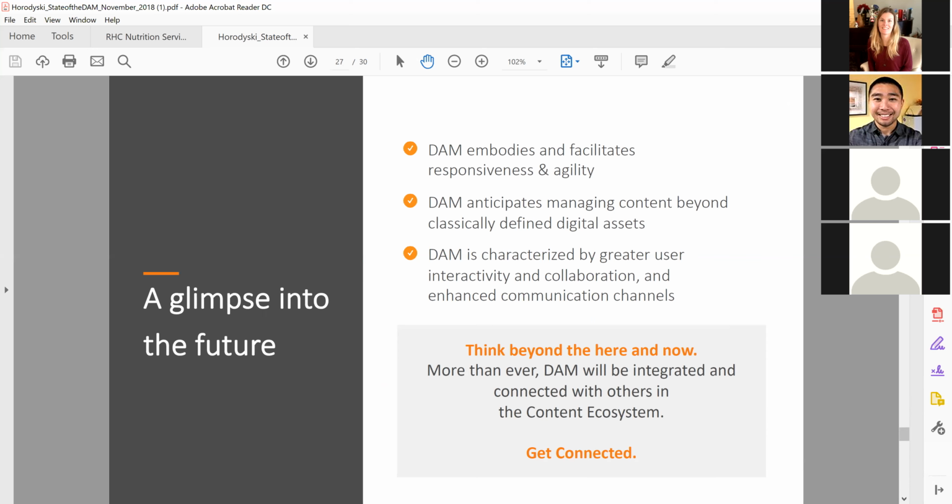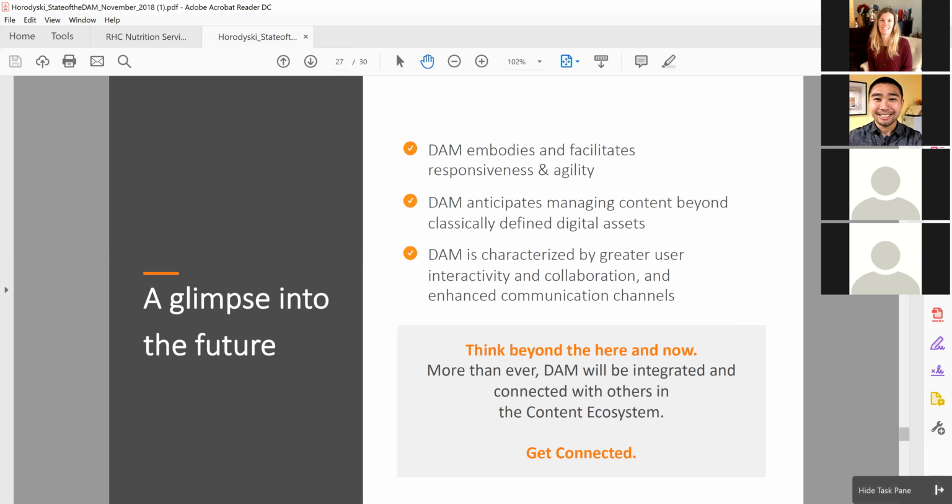Now, more than ever, DAM is a part of that ecosystem, so my wish to people considering digital asset management is to think beyond that and be within the ecosystem itself, but also ensure that the DAM is connected within those other parts of it, whether it's the web systems or archival systems. Make sure DAM is a part of that ecosystem, so you're able to provide a good digital strategy foundation for your organization.